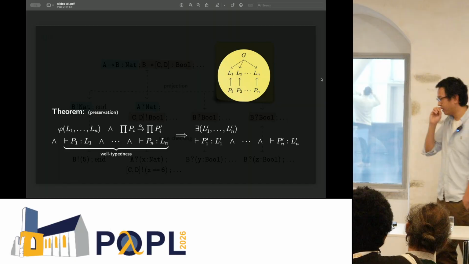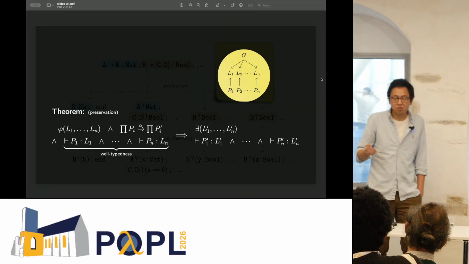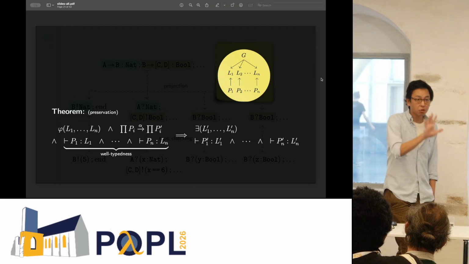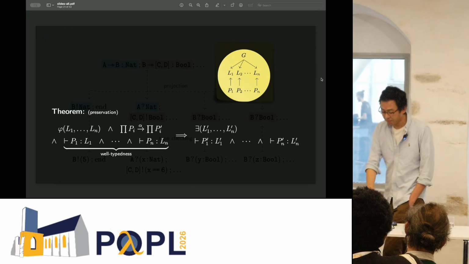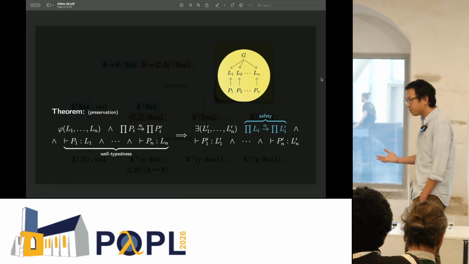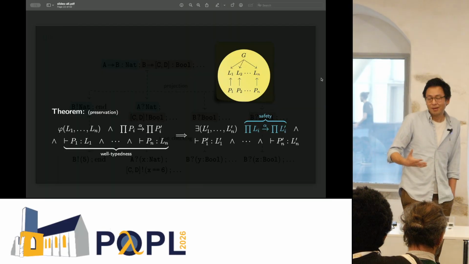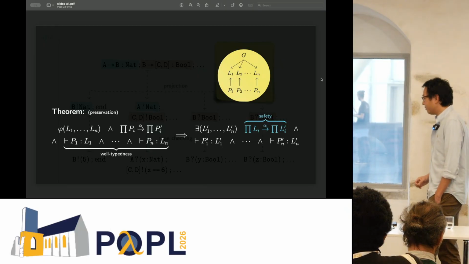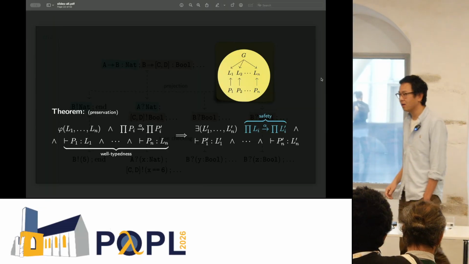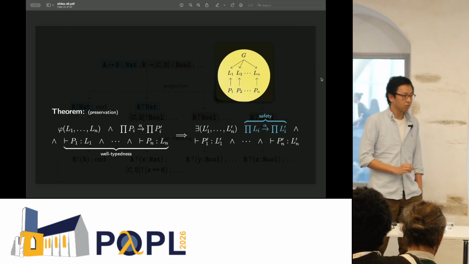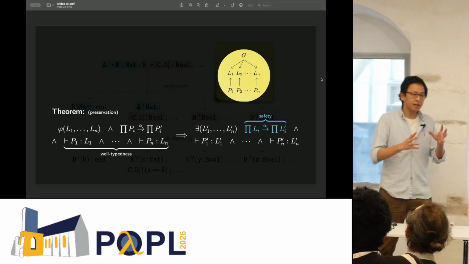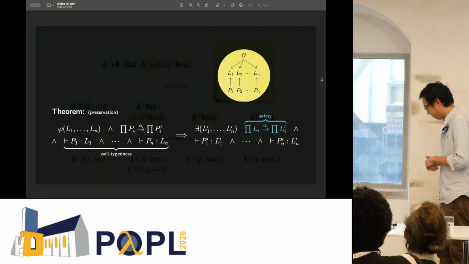Now, the interesting thing here is that these next local types, they don't appear out of thin air. There turns out to be a very nice, interesting relation between the next local types and the current local types that we start with, which is typically represented through a transition relation. Okay, so we take a kind of operational view on these local types. We interpret them basically as automata or as state machines. And then we have this transition relation defined for our local types that we can use to synthesize these next local types from the current ones that we already have. Okay, so progress and preservation, this is what we can prove, and then we combine them, and then we have type soundness.